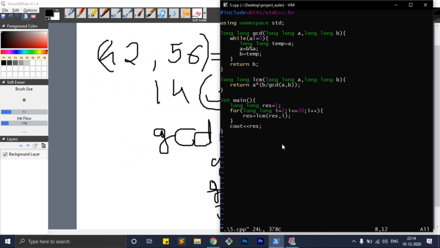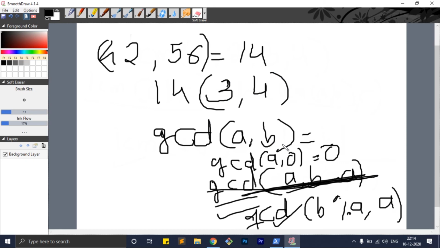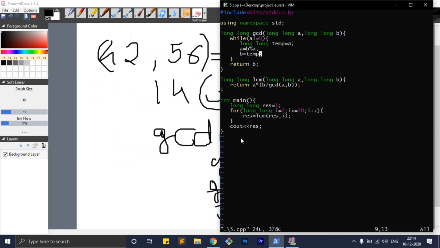So in A I'm taking the modulus. I have discussed here that modulus will work better because it will give us the answer in less than or equal to 5 steps, no matter how big the digits of A or B are. That's why I'm doing this, and then again storing temp into B and returning B at the end of the while loop. So that's it. That's all you have to do for this problem, and it will give you the answer. Okay, that's it.